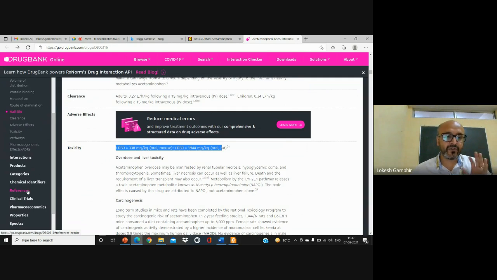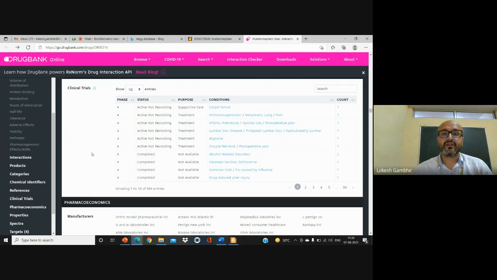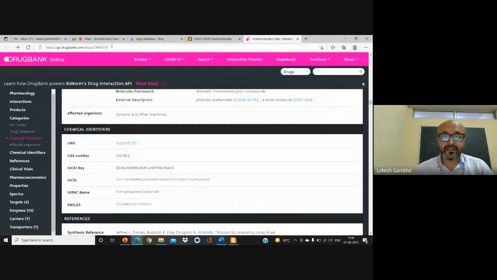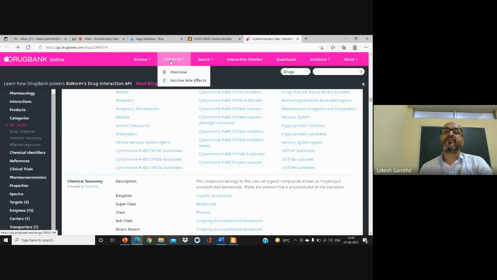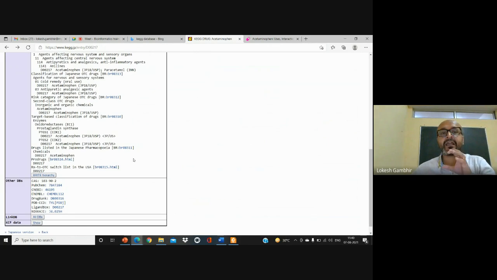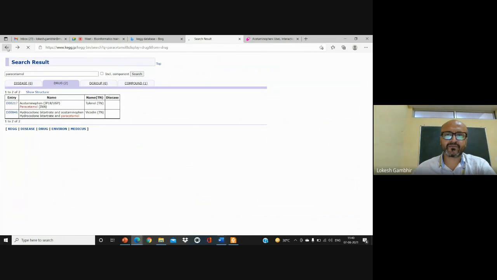So complete information is there, such as the information on the clinical trial, whether it is completed or still in progress. So again, another database called DrugBank Online is a very specific database. You can see for COVID also they have maintained a separate repertoire where you can search the drug and perform your information search. So this encyclopedia is the gateway for different databases that you can easily go and search.